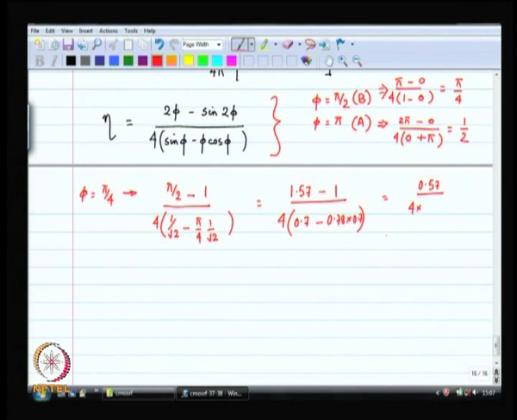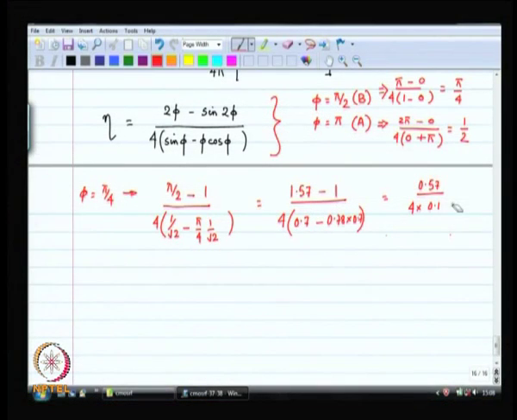So, 0.56. So, it is a little more than 0.14. Okay. And 4 times 0.145 is, I think, about maybe 0.15. Which is very close to 100%,